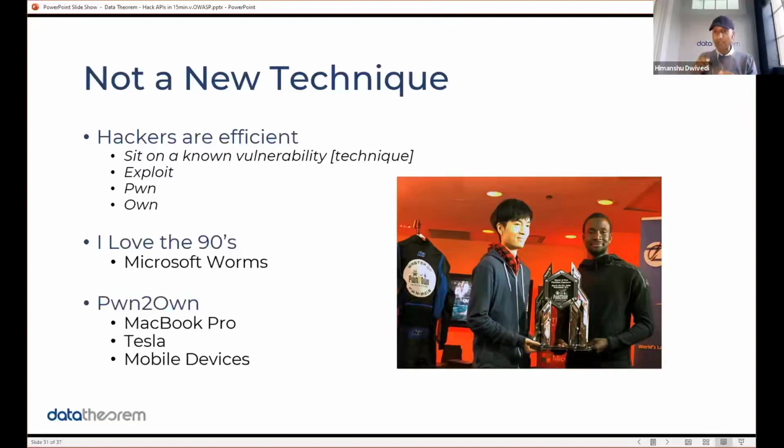And that's how you know there's an exploit. And if you're gray hat, you're essentially a worm in the 90s, and that's how all these worms became successful, because Service Pack 2, Service Pack 3 would patch a security issue, and no one upgraded service packs for 6 months, and hence you have a worm. So this technique is not new. It's just being applied on APIs now within 15 minutes, and you can see from 2019 all the way to 2 weeks ago, it's still successful.